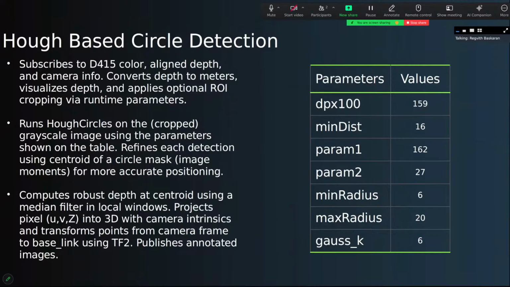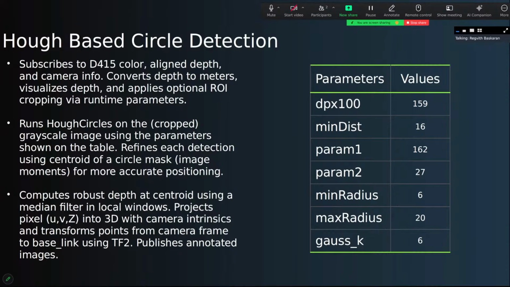So these are the parameters that were used for finding the circles or holes using Hough-based circle detection. But there was also an issue with the Starbucks logo, and a lot of noise started being generated. In order to reduce this noise, I started to use a cropped image, and that cropped image gave a more accurate positioning. And again, the depth was calculated using the UVZ formula, the same formula